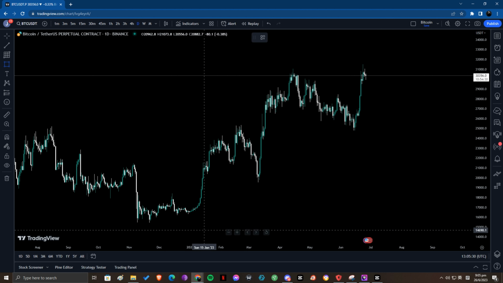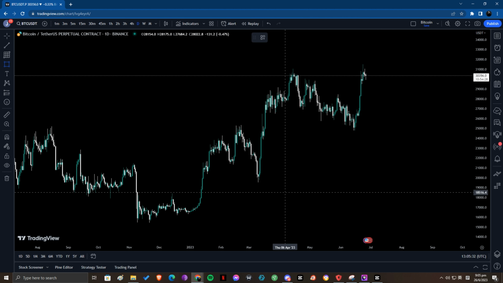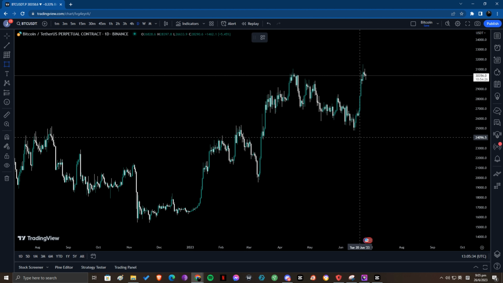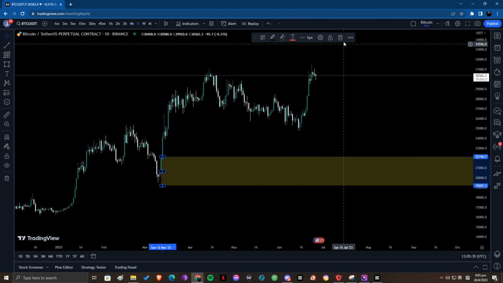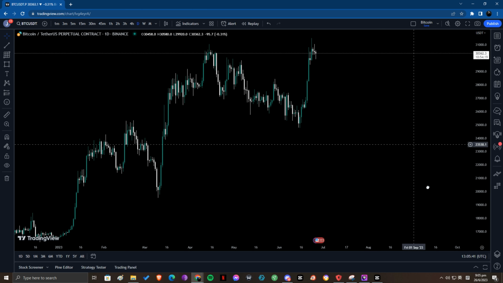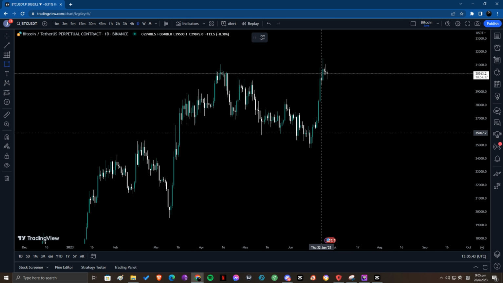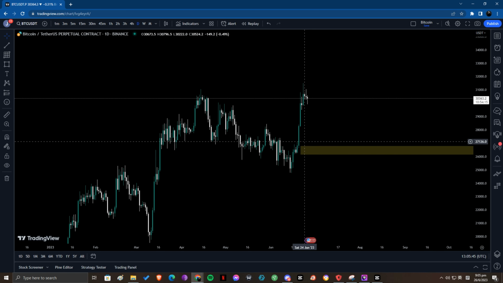So things that are months, years ago, don't draw them out. Draw out something that you think the price will visit. For example, if I'm here, I don't need to draw out this order block here. I mean, if you want, you can, but I won't do it. I would just draw out the order block here. This is what we call a fail to return, or what we call an order block. This is what I would draw. That's all I'm going to draw out. I'm not going to draw anything else.